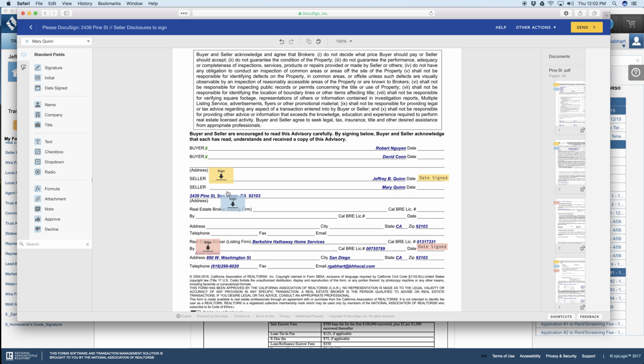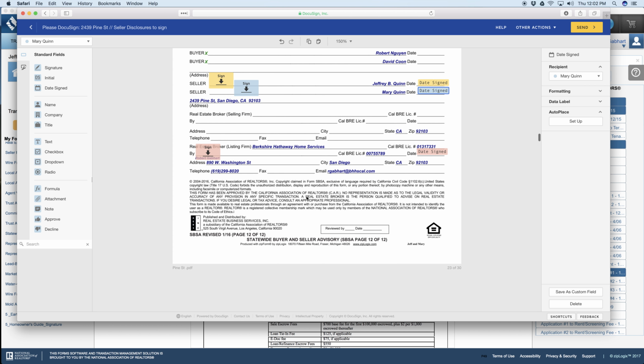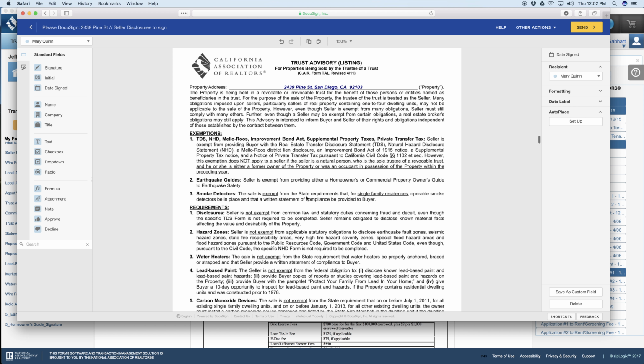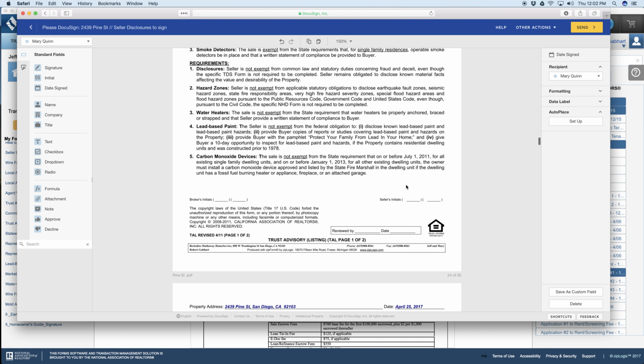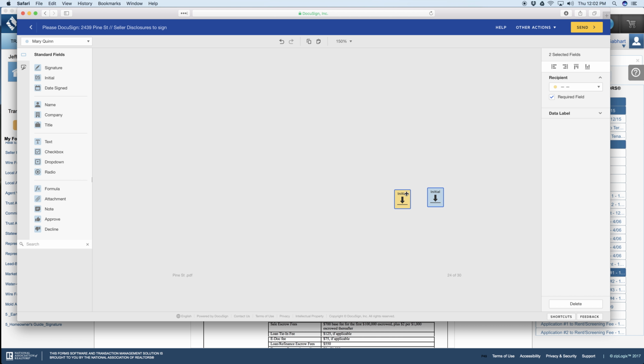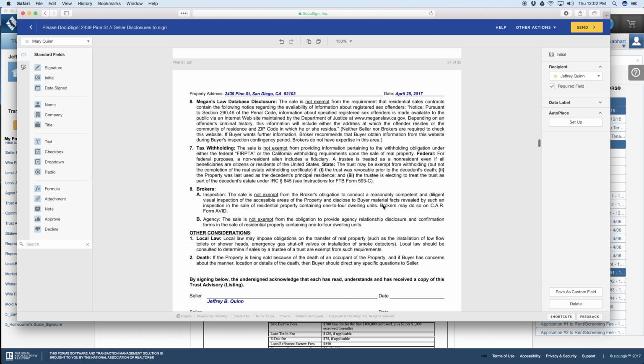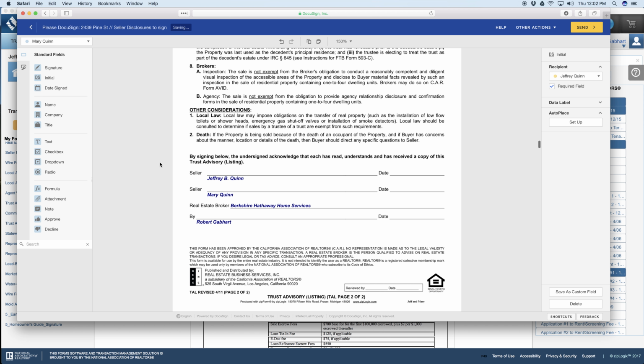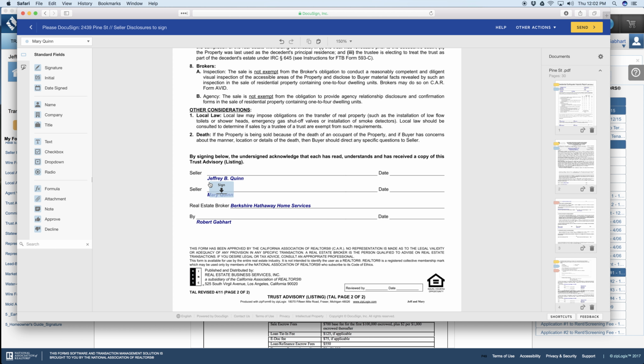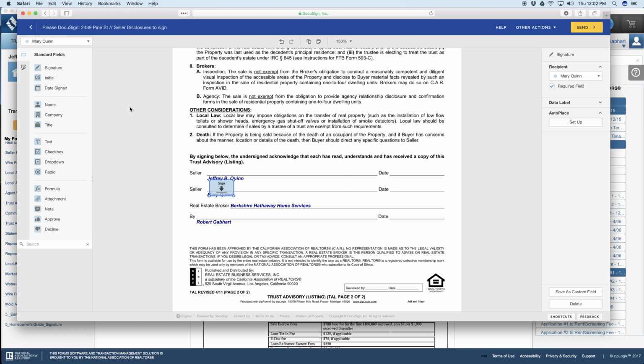for all of the California Association of Realtor forms, except for, this is the exception, the statewide buyer and seller advisory. Otherwise, you'll see initials on the first page. It's going to be a little wide, so you can ungroup them, move them a little closer together, and then signatures on the last page. This is pretty much the typical